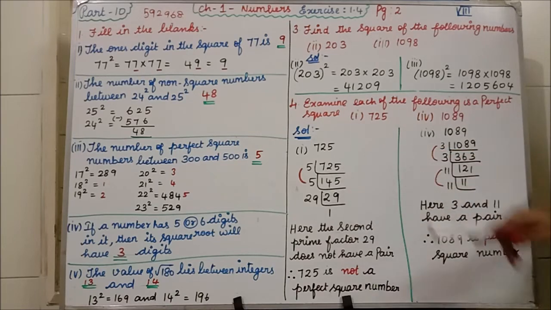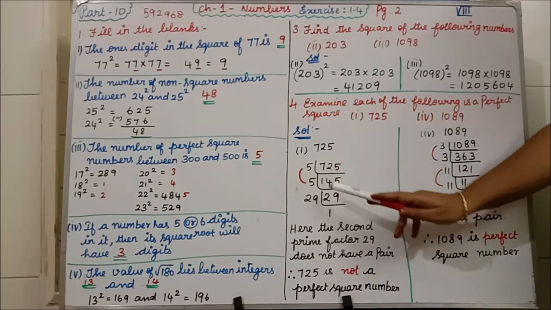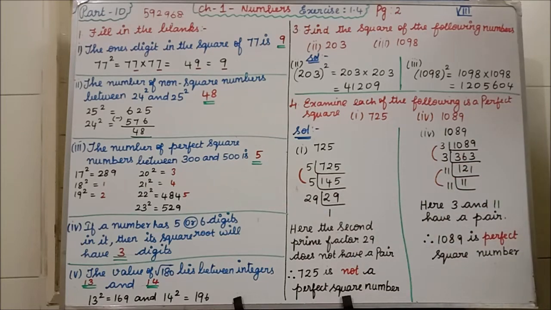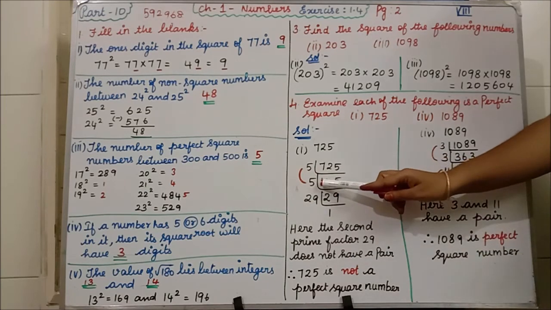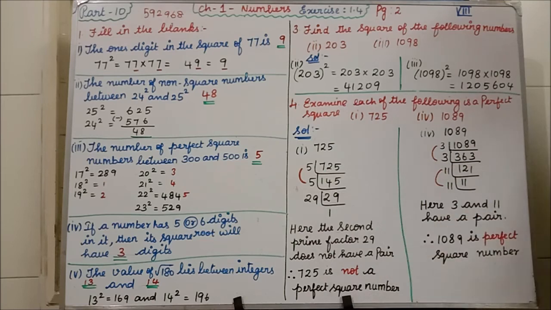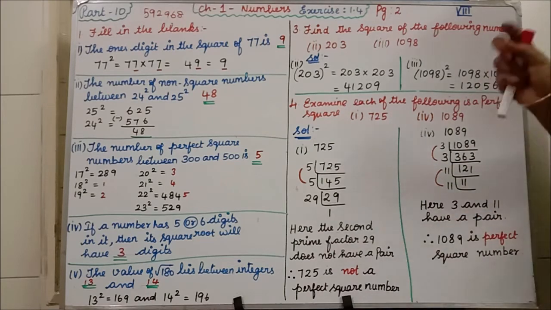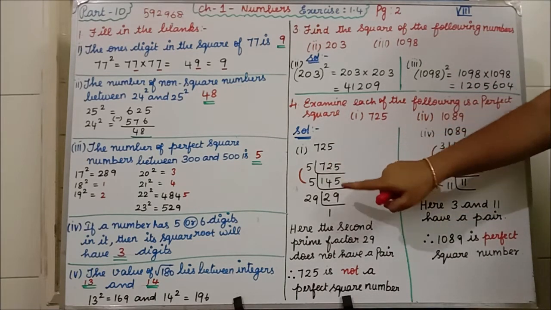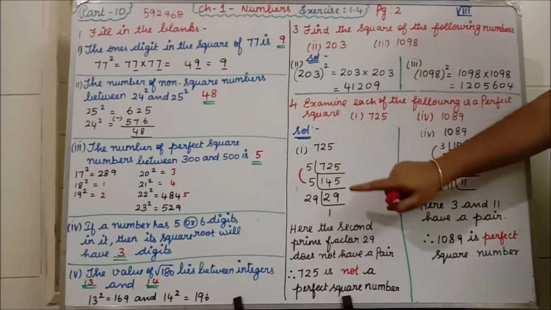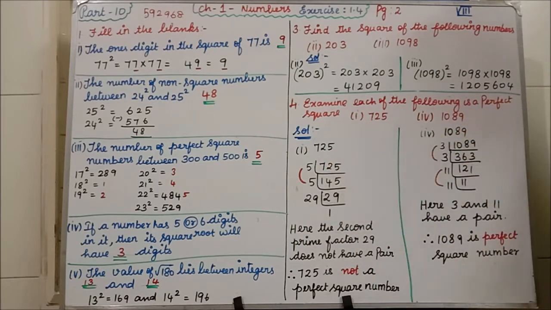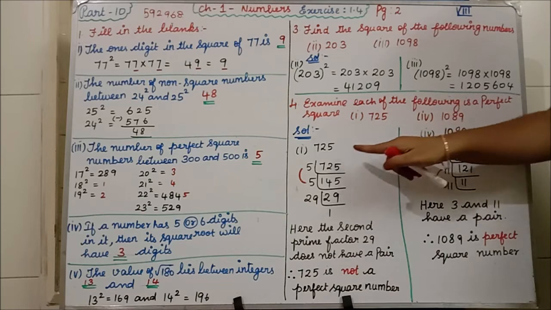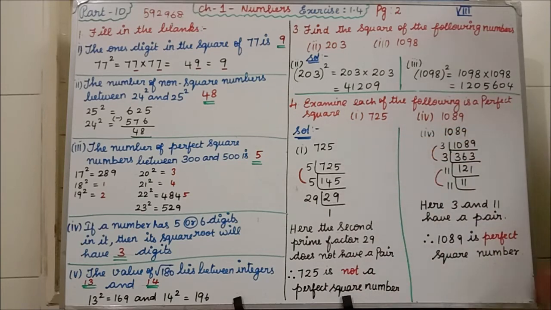Clear? Now we'll start. Now 725. I am starting with 5, a prime number. Okay. So how many times will it come? 1 5 is 5. Remaining how much will it be? 2. So that 2 you write here, 2 into 2 is 22. So 4 5s are 20. Again 1 2 will be there. No, that 2 you have to write here. So 5 5s are 25. Clear all of you how I am doing the division?